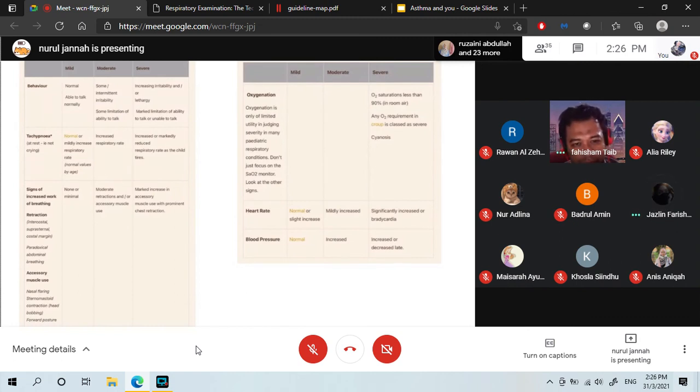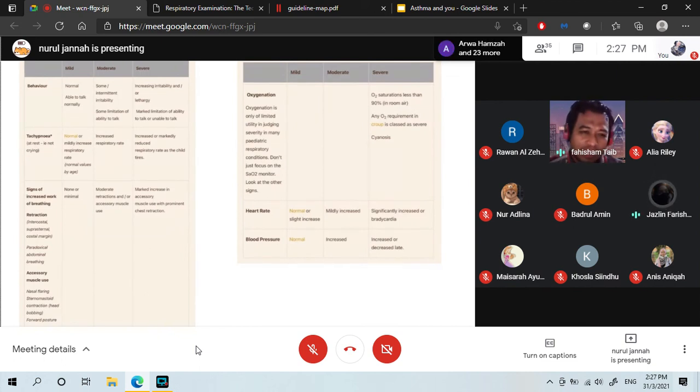And then for tachypnea, if it's normal or mildly increased, then it is mild. But if you can see the increase in respiratory rate, then it's moderate. But why do they say it's normal? Normal is normal. Normal is not tachypnea. You get what I mean? So don't say normal is normal, okay? So it's not respiratory distress at all. So mild respiratory distress may be related to mild tachypnea. I accept that, okay?